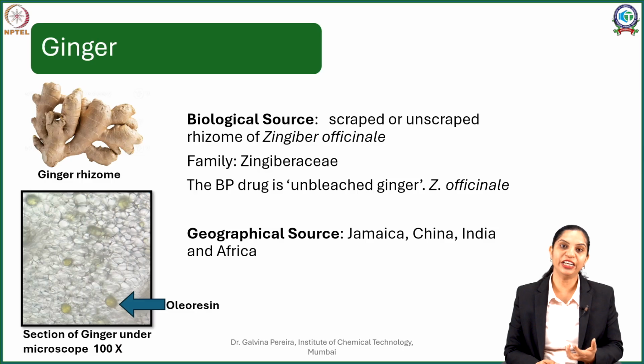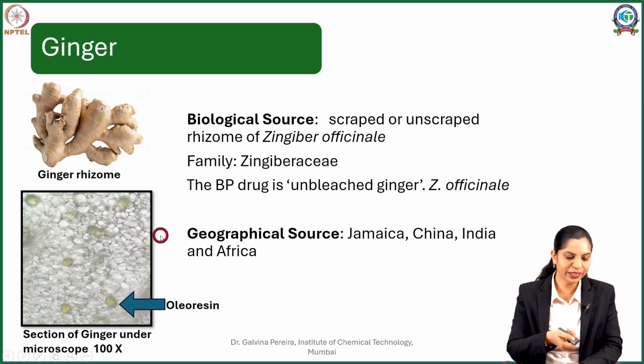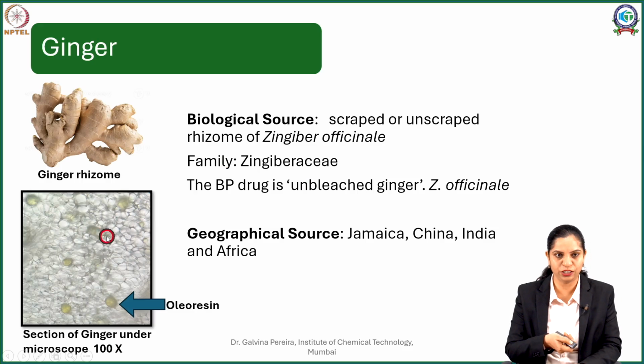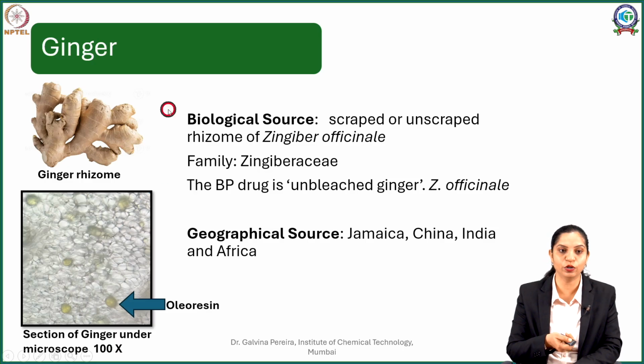The reason why we need prepared resin is, if you cut ginger with a knife, at no point is the resin going to exude out. There is a reason for it, and I can show you in the diagram. This is what I call a microscopic section. If you take your ginger, slice it thin and put it under a microscope, this is what it is going to appear like.